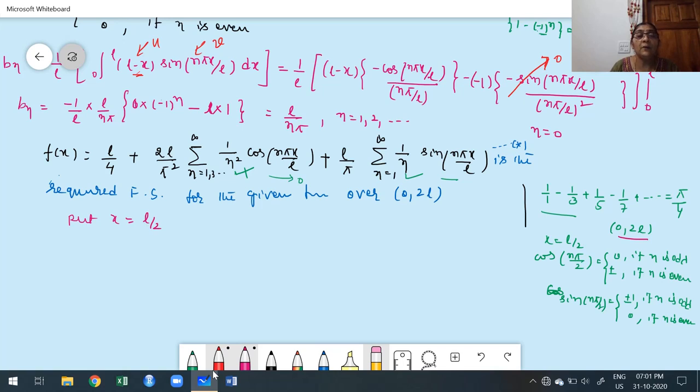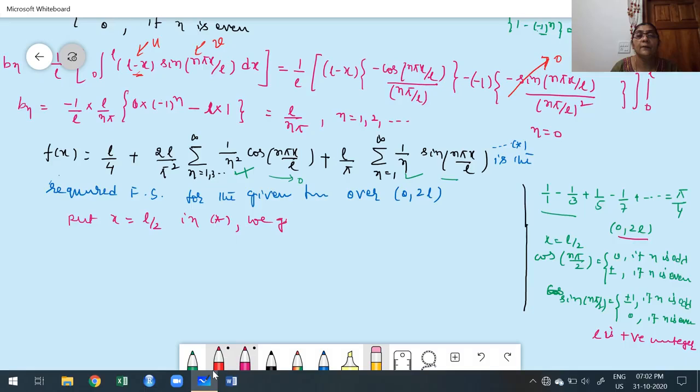L may be 1, whatever may be. L is a positive integer, as I already told in the beginning, in the second class of my video class. Now confidently I have to say that I have to choose any value of L greater than 0. Definitely L by 2 must be in the range 0 to 2L. In star